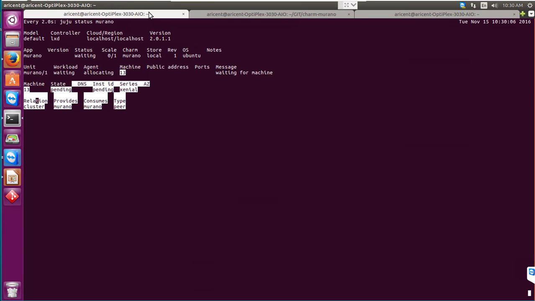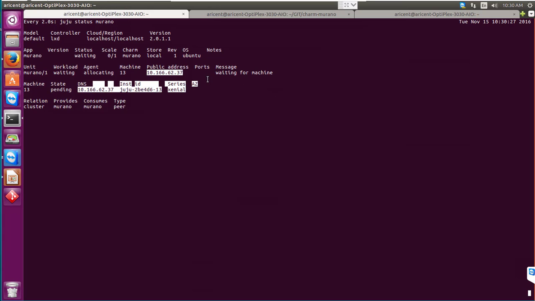if you look into the status, then you can see over here that the Murano charm is coming up and it is waiting for the machine to come. It may take a couple of minutes to make sure the unit is up and ready. I didn't add the relationship yet, so let us wait for Murano to come up first, and then we can see the status message saying what relations are required for Murano to come up